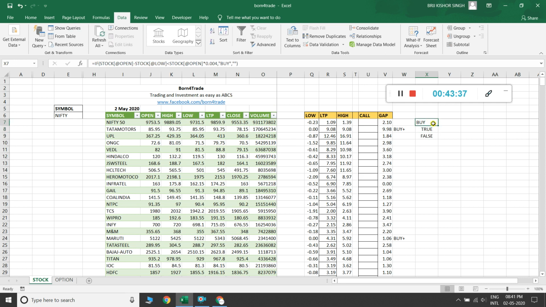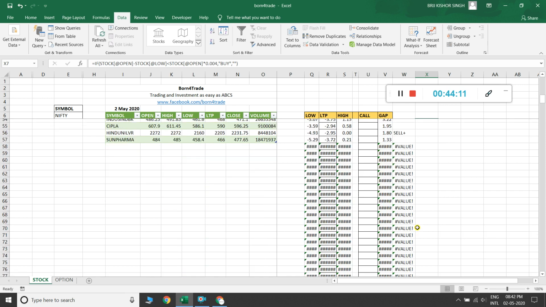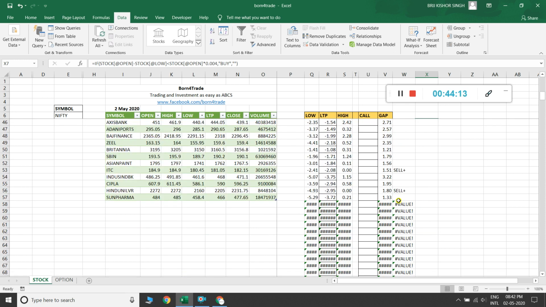It gives me a buy signal, and checking here, it also gives a buy signal because it is within 0.4. Checking here, it appears 0.87, and there is nothing. It means this formula is okay. This formula is correct.